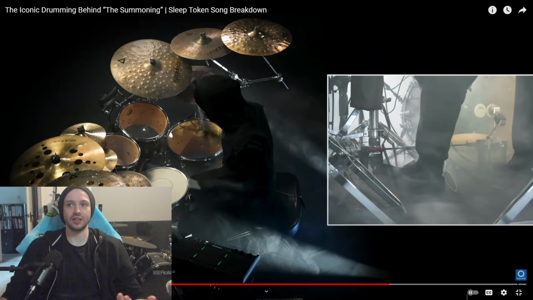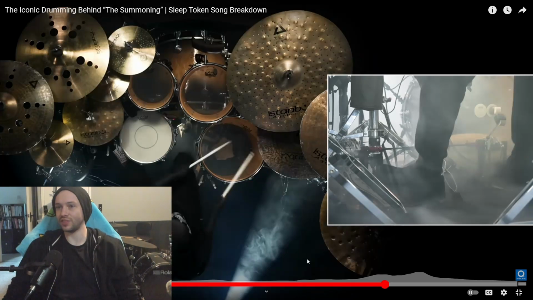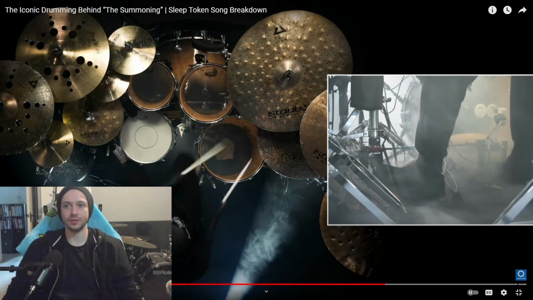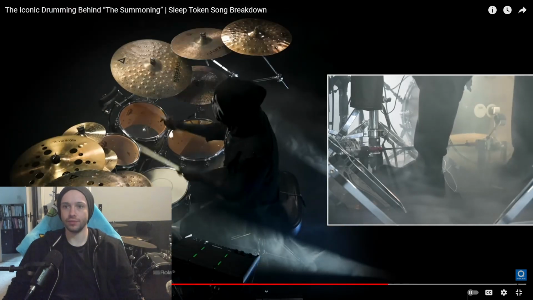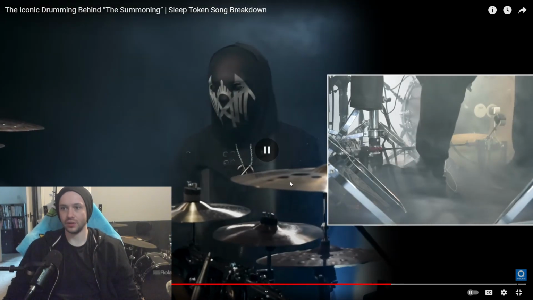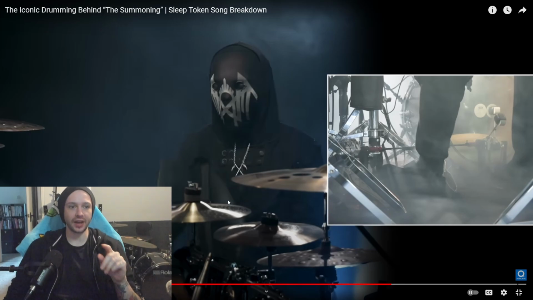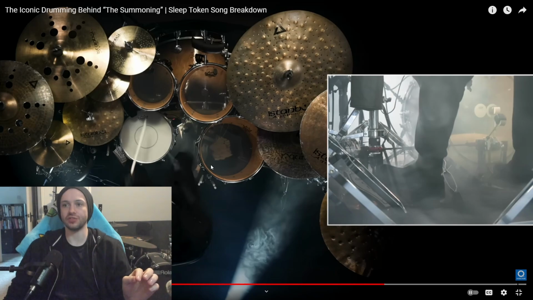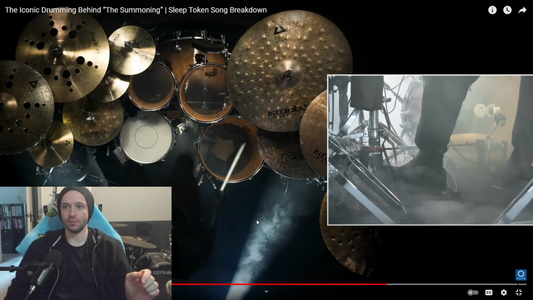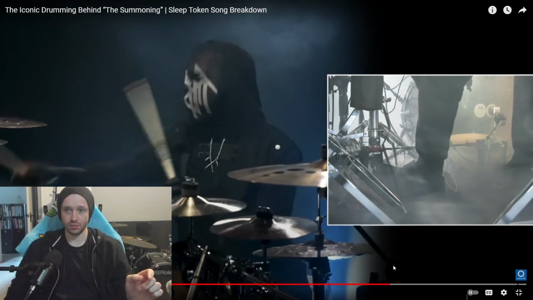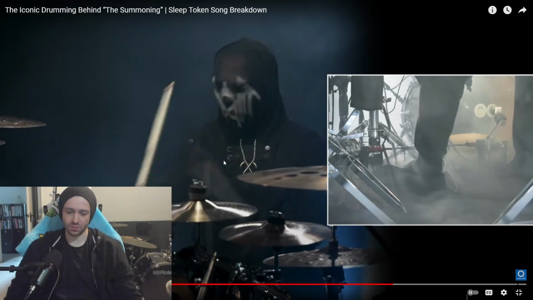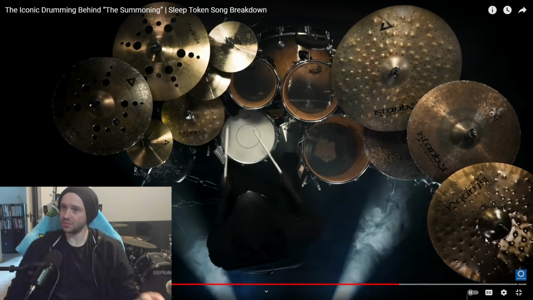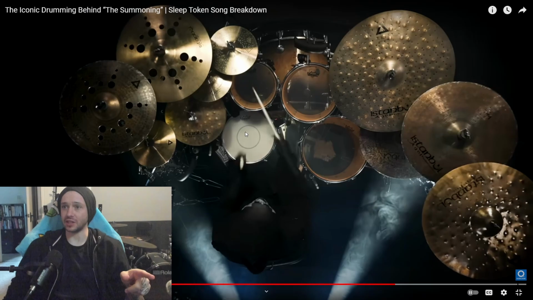Because a lot of the things here, a lot of that last little section there is just a right, left, right kick sort of pattern. That's really nice. The timing on that is absolutely, because you'll hear the difference in a straight 16th note pattern. Really, really nice accent work on the snare in that roll.